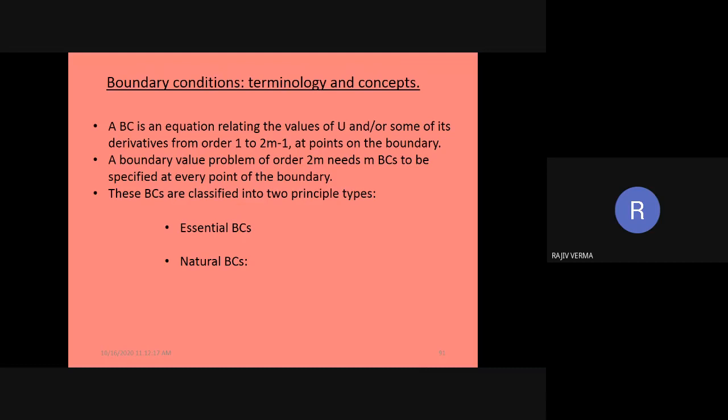तो constraint equation इस डेवलपमेंट में, आज के लेक्चर में हमने टेम्परेचर के लिए डेवलप करा था. सो टेम्परेचर बिकम्स द एसेंशियल बाउंड्री कंडीशन. लेकिन फ्लक्स के लिए हमने कोई भी कंस्ट्रेंट इक्वेशन डेवलप नहीं करा है, सो दैट बिकम्स द नेचुरल बाउंड्री कंडीशंस. सो दिस इज हाउ नेचुरल एंड द एसेंशियल बाउंड्री कंडीशंस आर गोइंग टू बी decided.